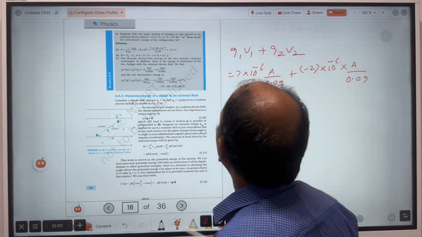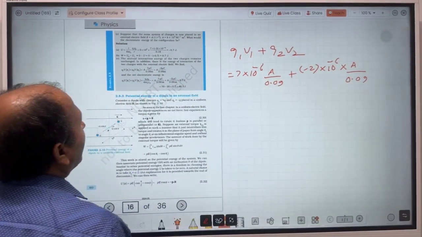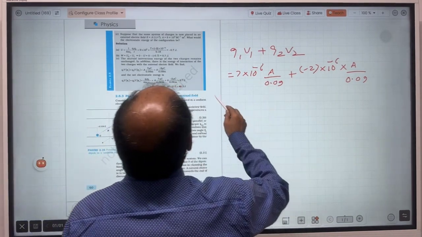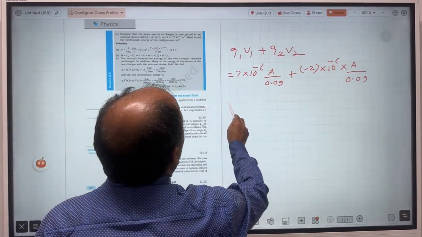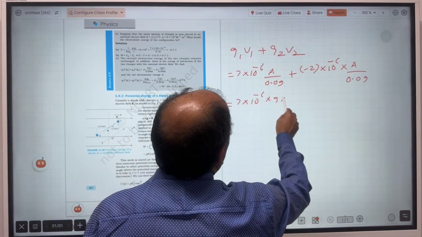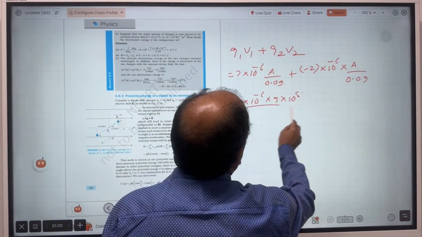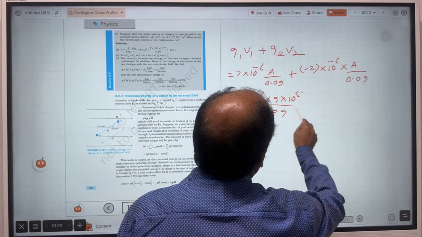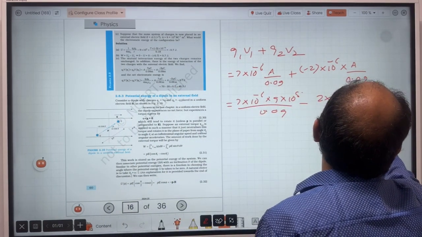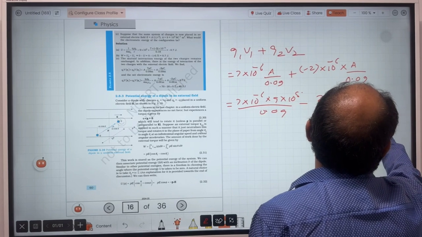A is given as 9 into 10 to the power 5. So 7 into 10 to the power minus 6 into 9 into 10 to the power 5 divided by 0.09, minus 2 into 10 to the power minus 6 into 9 into 10 to the power 5